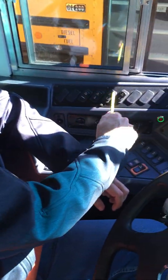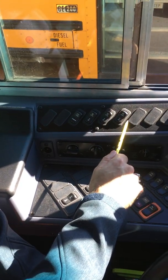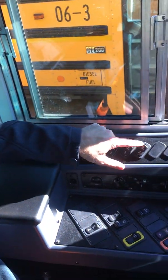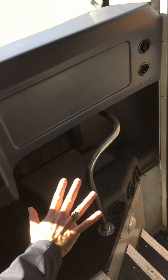I will now present the switchboard and the dashboard for a 2018 conventional style Bluebird school bus. This section of the panel over here controls my heaters. Every time you present the heaters, it's important to be a little bit dramatic. So you extend your hand and you go, oh, okay, I feel the heater. Over here we have the stairway heater. I extend my hand, okay, I confirm, everything